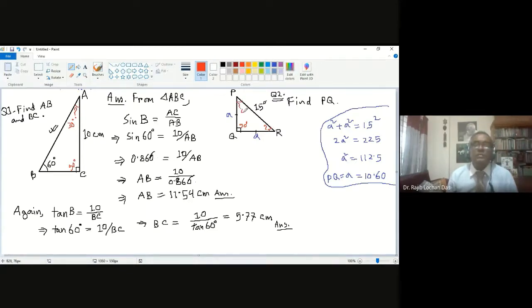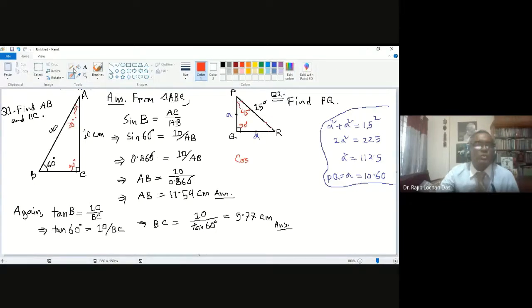Both are 45. So if you know the angle, then you can apply sine or cos. No problem. You can apply cos or you can apply sine. The same answer will come. How? Say we are thinking of any angle. Say the other angle, the upper side angle. We are thinking of this angle, the upper one, and it is 45 degrees.